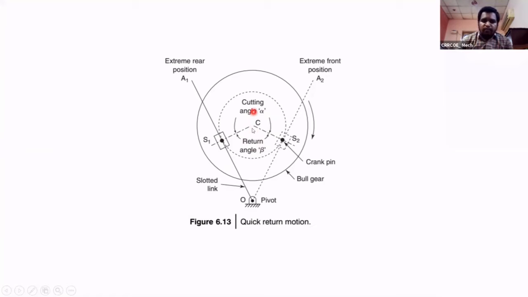This is the forward stroke and return stroke. The angle covered by the slider in the forward stroke is more when compared with the angle covered in the return stroke. That's why the return stroke is quick when compared with the forward stroke. In this way we can get a quick return stroke, which is the idle stroke, not the cutting stroke. Here the crank and slotted lever mechanism is converting the rotary motion into reciprocating motion, and at the same time we get the quick return stroke, because the angle covered is very less when compared with the angle covered in the forward stroke.